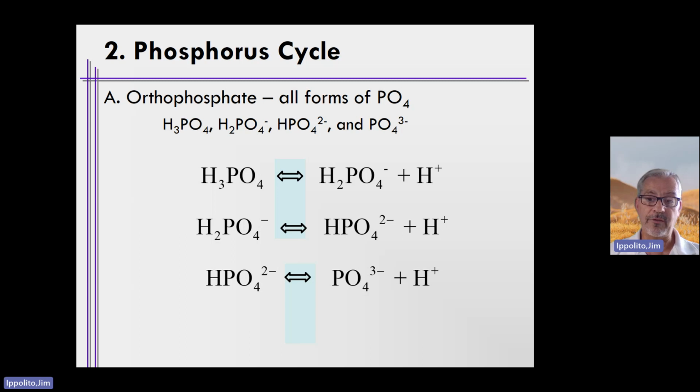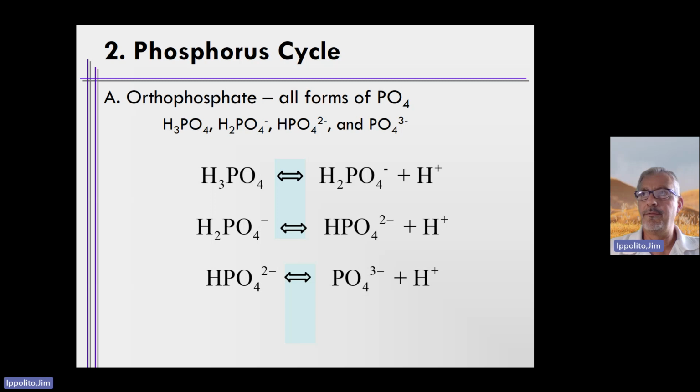So sometimes people just say soluble P. And that may be confusing to some people because they don't know what form phosphorus actually is when they say soluble P. So I can tell you that the terms soluble P and ortho P or orthophosphate are relatively interchangeable. So when we talk about orthophosphate